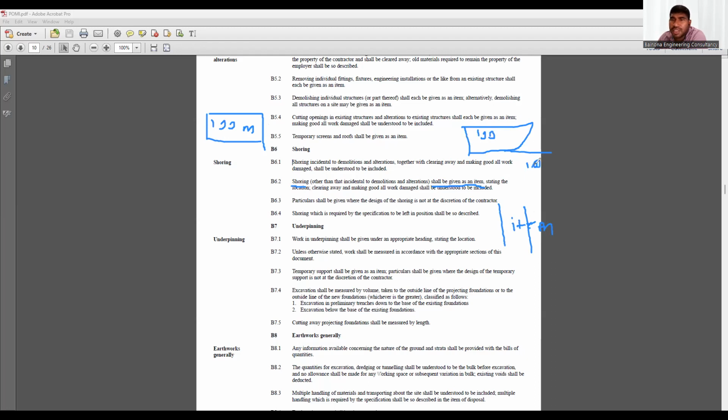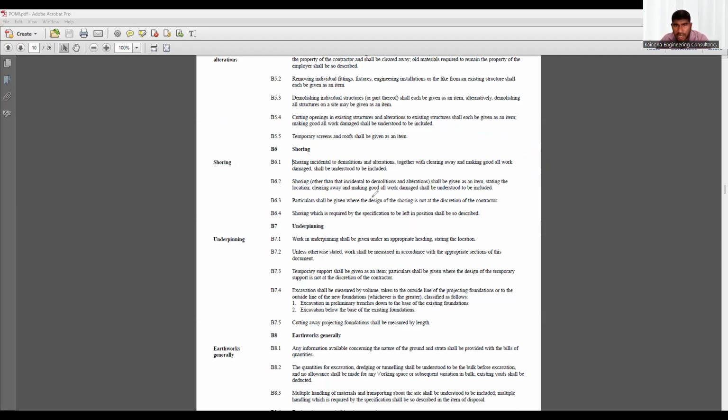If you add another 10-meter, then we know the price per meter, then multiply by 10-meter, and it is easy to close the variation. If you put an item, the contractor will say, no, no, my assumption of quantity is 100-meter. Sometimes he will say my assumption is 150-meter. So it will lead to a dispute. So it is better to have it, because we have a right to change the principle, no? That is what we learned in the pricing preambles. Whatever you wish to change, you can modify it in the pricing preambles.